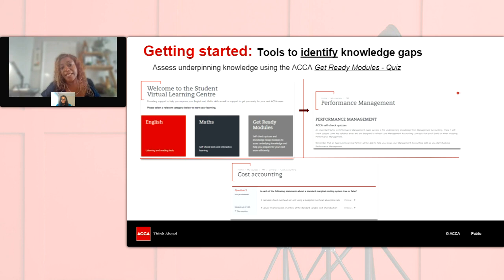So you're going to start taking the quiz without any preparation. You're going to establish that baseline of your knowledge. How much do you remember from your previous studies, and do you understand it in sufficient depth in order to move on to Performance Management? Or is there some recap that you need to do? So remember, at the moment, we're saying, how do you identify the gap? So take the assessment,